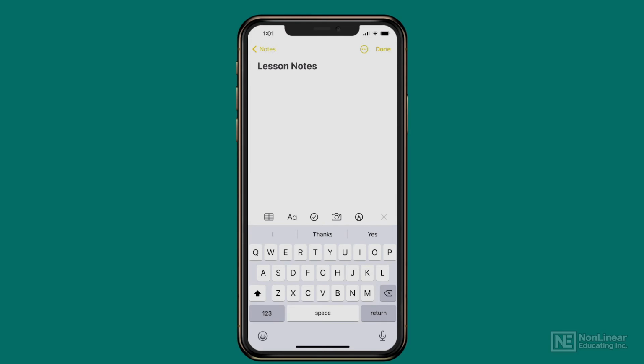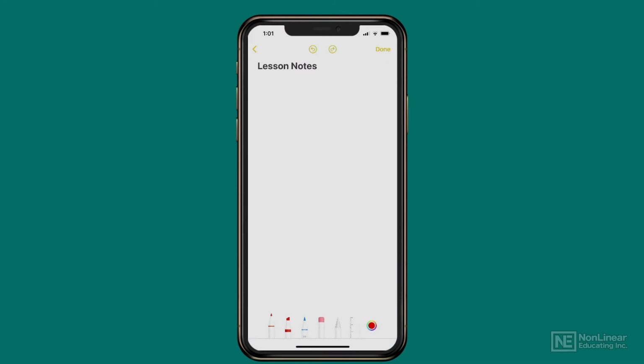I've got that photo button. I'll get there in a minute because we're going to talk about scanning, and that's a really powerful feature of Notes. But you can also draw, so you just tap the little marker. So if you want to use the markers and just create a quick little diagram of something, that is doable as well. And you've got your thickness, you've got your opacity, all those things are there. So if I want a nice thick line,